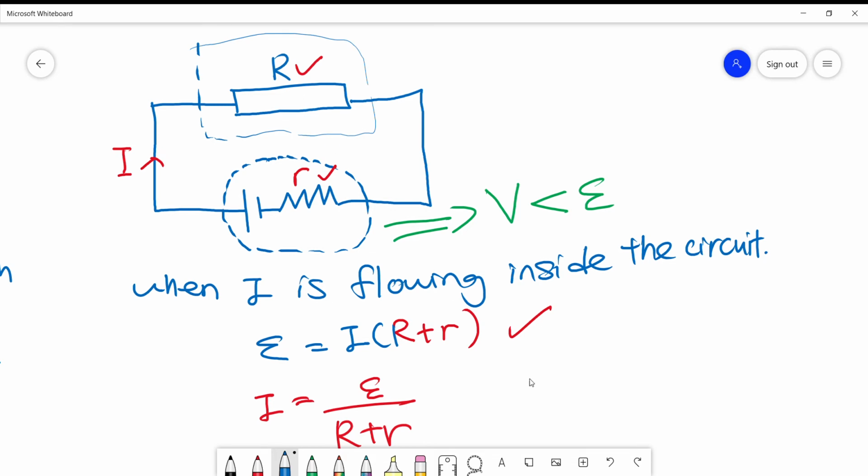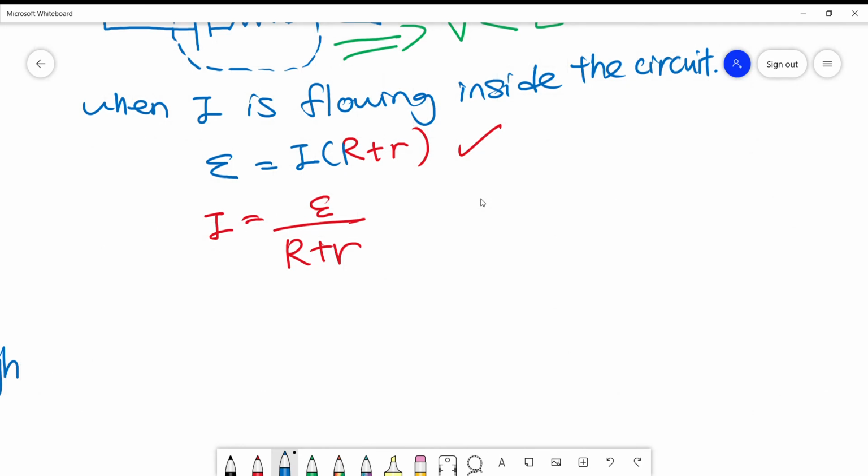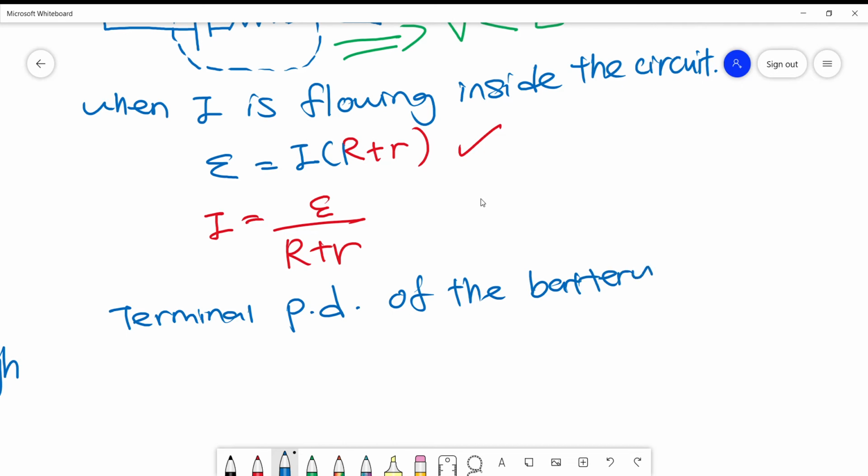So I can conclude that the terminal potential difference, so I write it as PD. So the terminal potential difference of the battery is actually equal to the potential difference